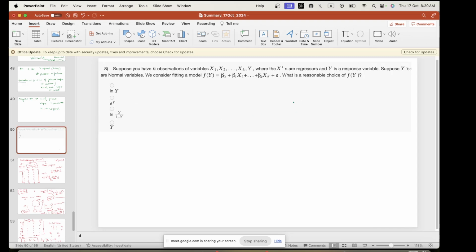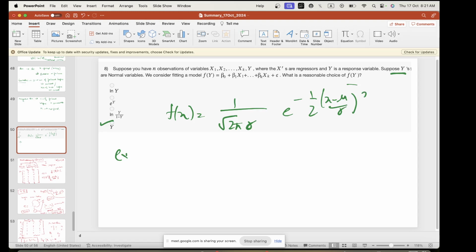So if we have n observations, x's are regressors, y is a response variable. Suppose y is a normal variable, then what is the reasonable choice of fy? So if y is normal, we don't need to make any transformations. It will be y itself. And why so? Fx is how much? 1 by root 2 pi sigma e to the power minus half x minus mu by sigma square. So if we write it as exponential ln of this thing,